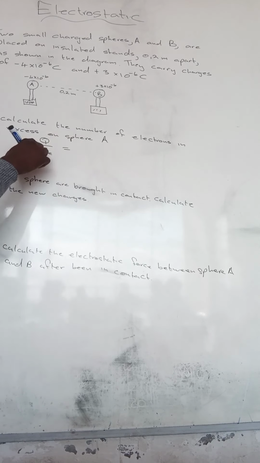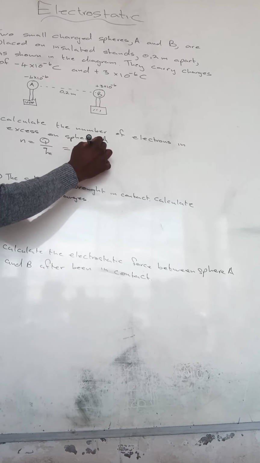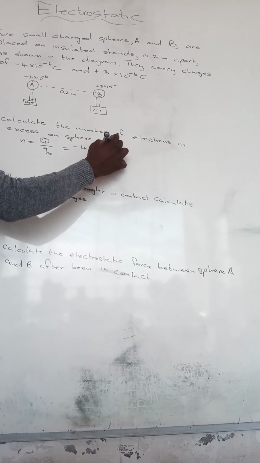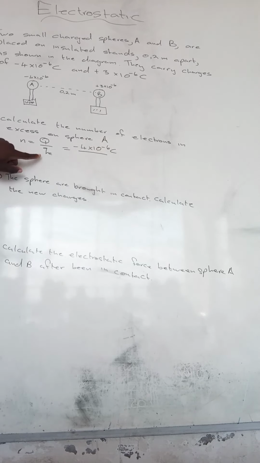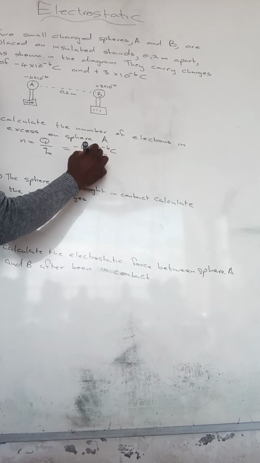So we know the charge of sphere A is negative 4 times 10 to the negative 6 coulomb, divided by the one that was given on the formula sheet, which is negative 1,